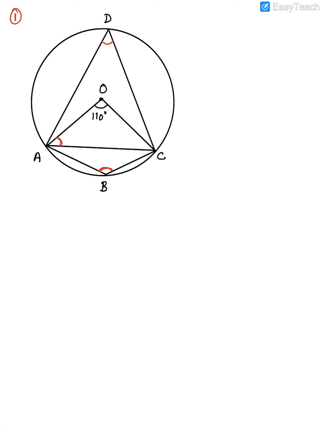You have to find these angles. Okay, so first angle, guys. I'm writing all the answers in the red color. First I will write that this angle is equal to 55 degrees. What is the reason for this angle being 55 degrees? Because the angle at the circumference is half of the central angle.